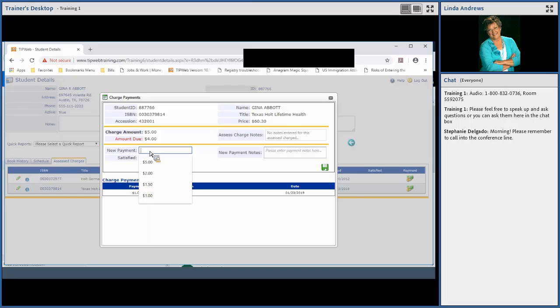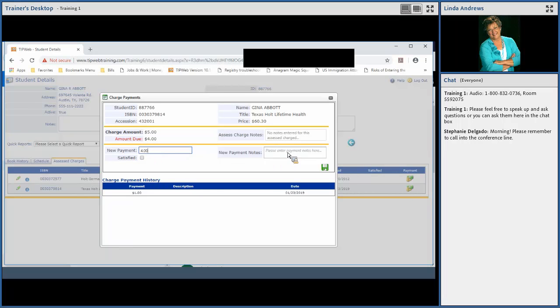If for some reason the administration on that campus does not like that amount that we've assessed, can they go in and put in the amount the child paid for and click satisfied, that is satisfied the administrator? Yes, ma'am, they sure can. So I have $4 due, so like I said, the administrator's going to come back and say, okay, I'm not going to take any more from this student. I know they can't afford it, or for whatever reason, they're going to mark up a payment and check that box,